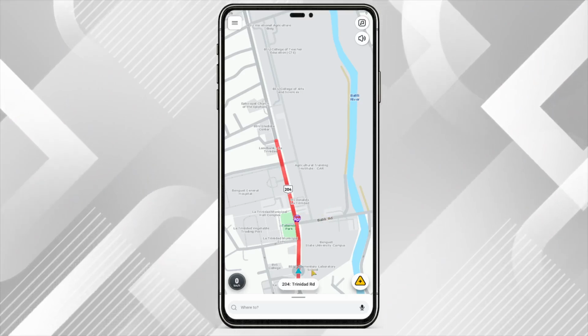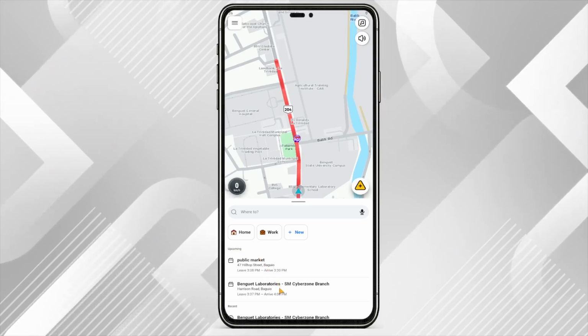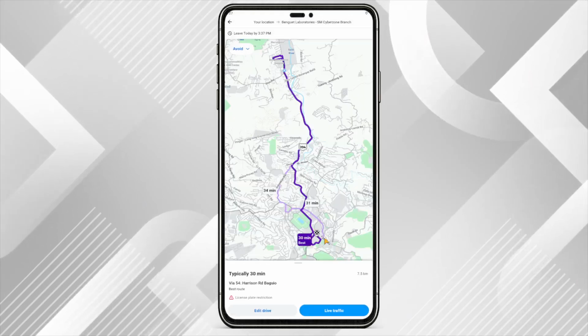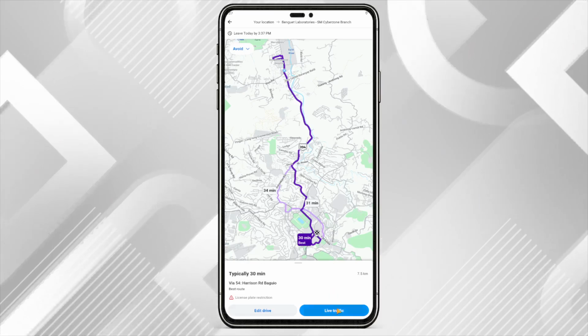Now look at the bottom of your screen and you'll see a section labeled Upcoming. Tap on it to view your saved routes. This is where Waze keeps all the destinations you've planned for later, making it easy to access them whenever you're ready to start driving. Once you're in the Upcoming section, you'll see your saved route with a button that says